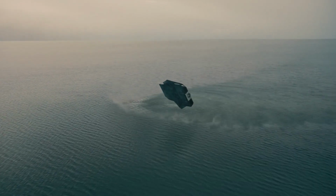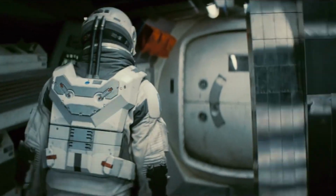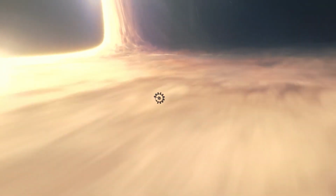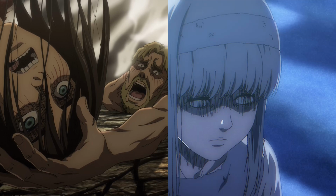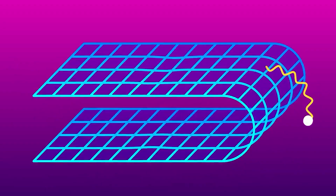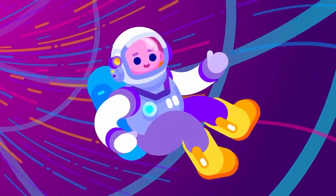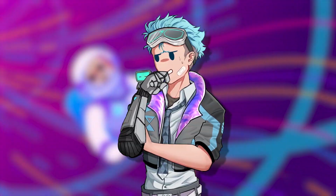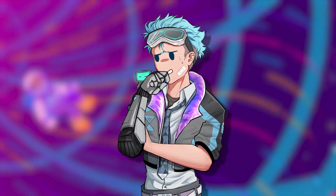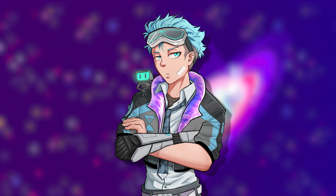You've seen this concept in Miller's Planet and Gargantua from Interstellar. Go! 7 years per hour here. It'd have to be an absurd amount of gravity though. As to moving between these two frames of reference, they could be using a wormhole, a shortcut in the fabric of space-time. You also see wormholes explored in science fiction media often, and I kinda don't want to spend 30 more minutes expanding on this, so maybe it's time to wrap things up here